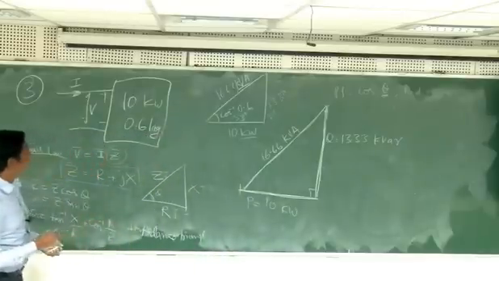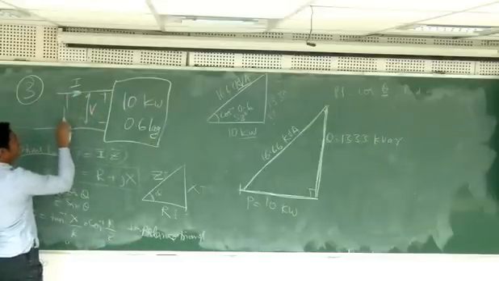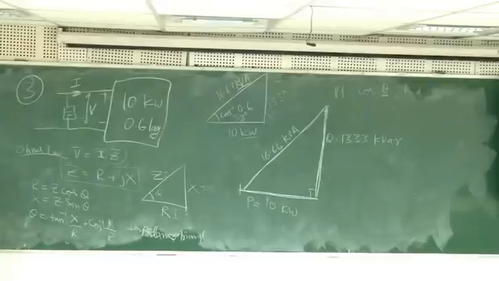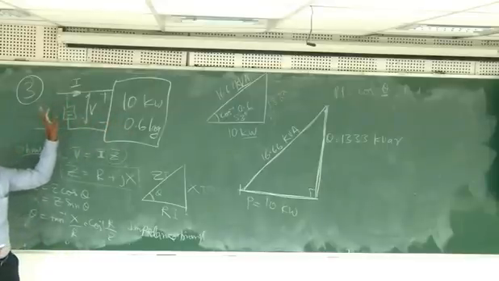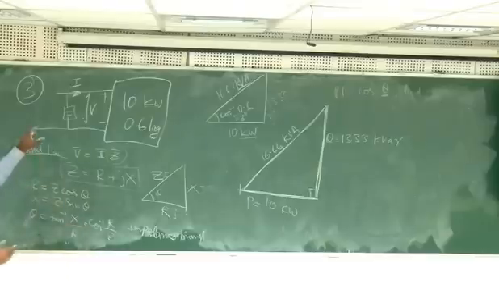So what I can do is add a device here. Separately, I can add another device. The device is obviously a capacitor. A capacitor just stores, charges and discharges, so it doesn't consume any energy. By just adding a capacitor, I can still supply the 10 kilowatt load, but with much less current. How much is the current now? We can calculate the current also, but the voltage is not given. If you assume some voltage, you can calculate the current and find the reduction in it.